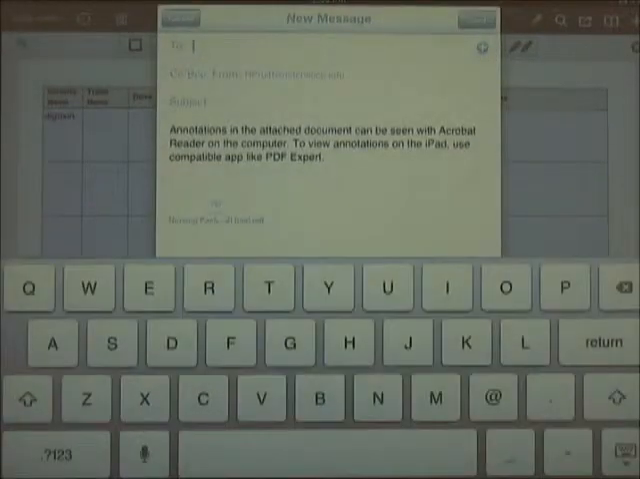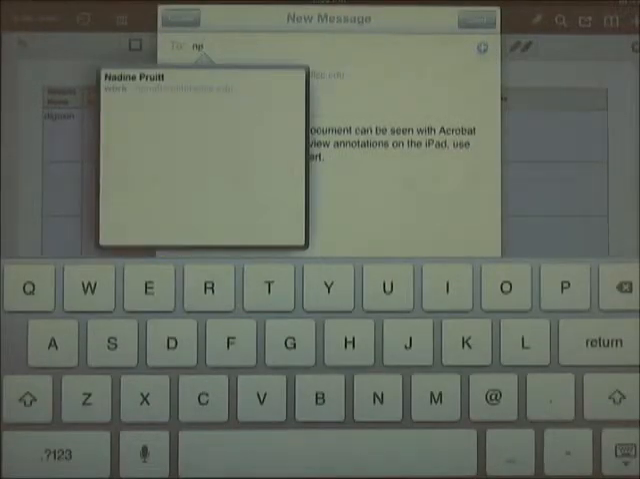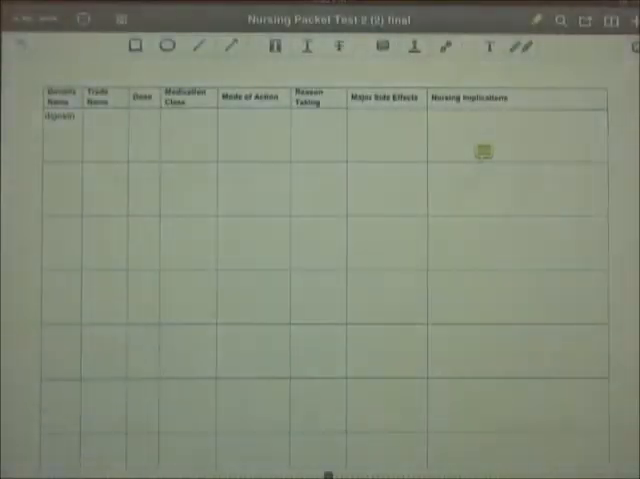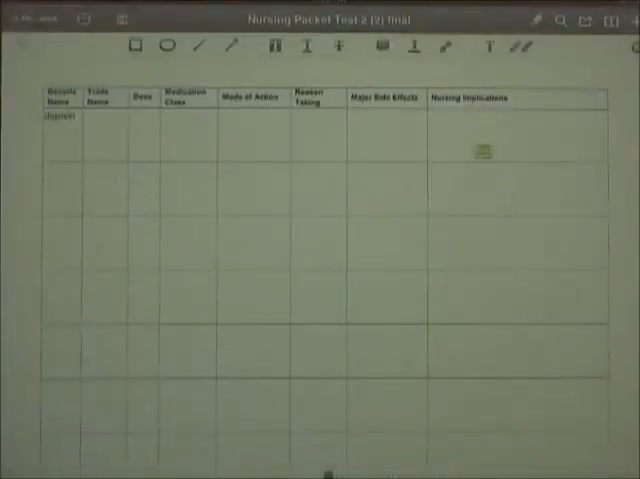And I'm going to send it to myself, and off it goes, and send. Okay. So while that's sending, I can't emphasize more